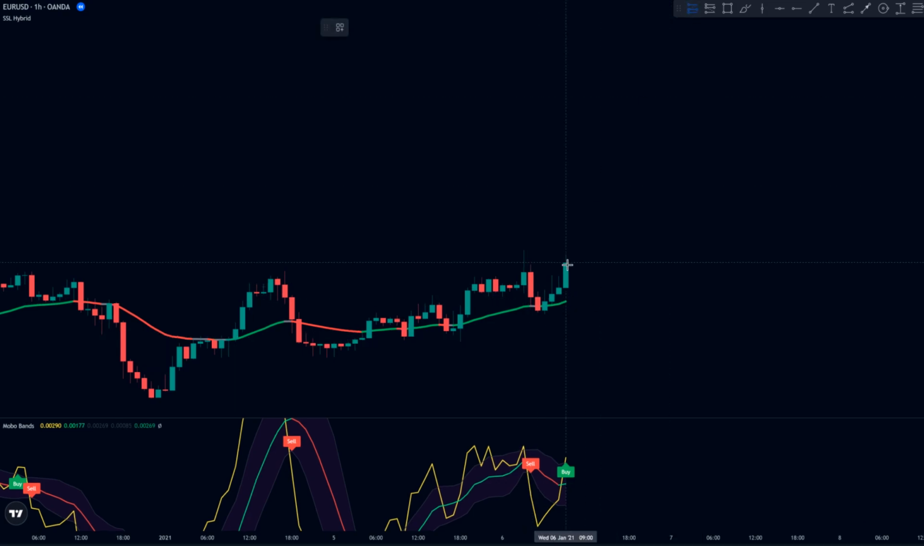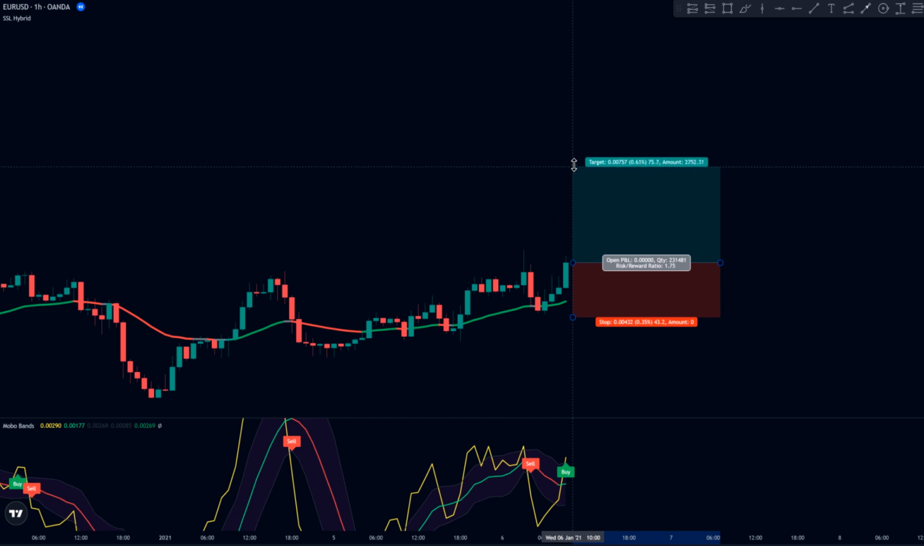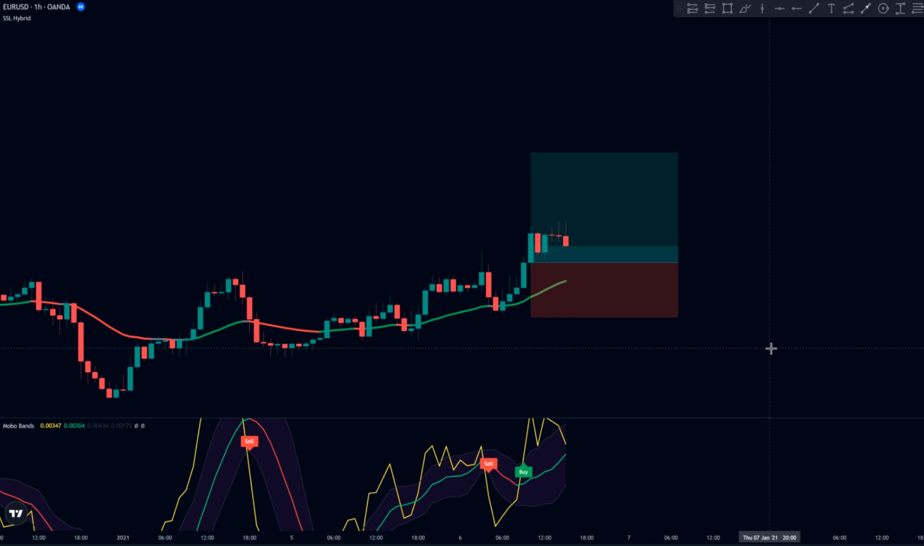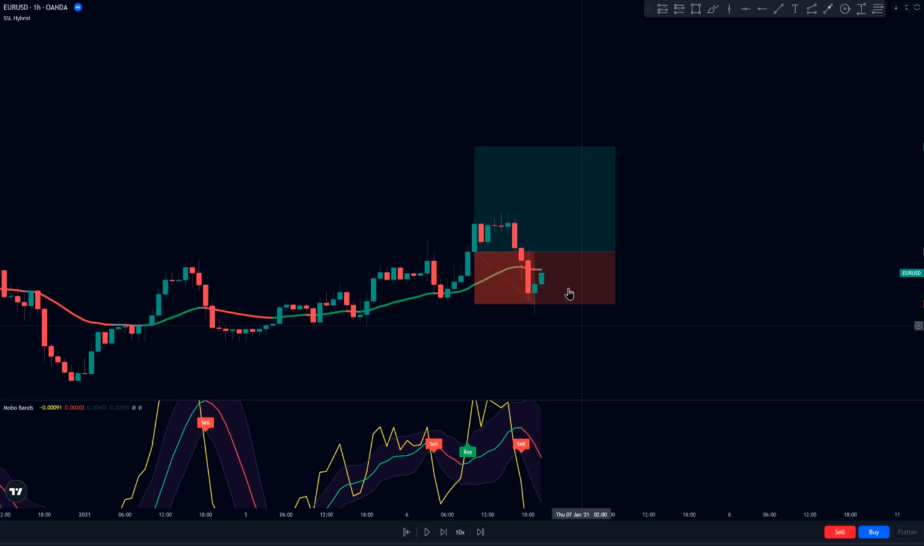But wait a minute, what if we just took the trade? Well, let's find out. As you can see, the price barely went into any profit before reversing and heading straight for a stop loss